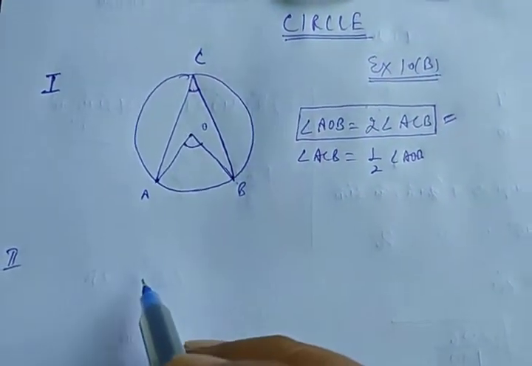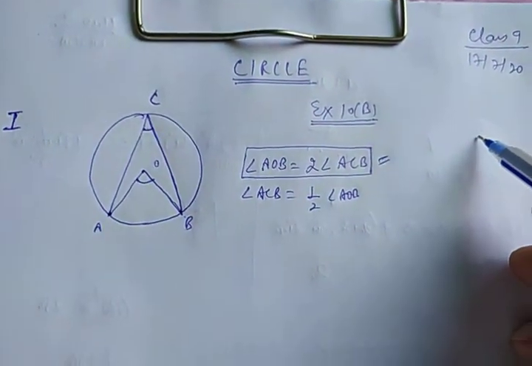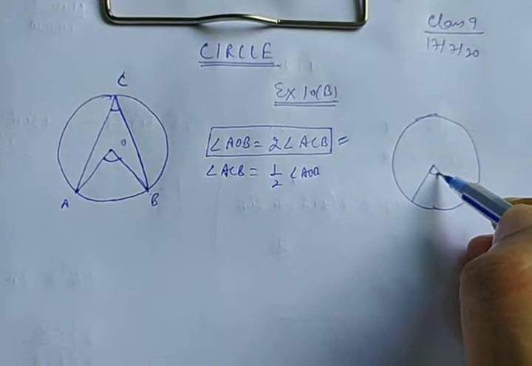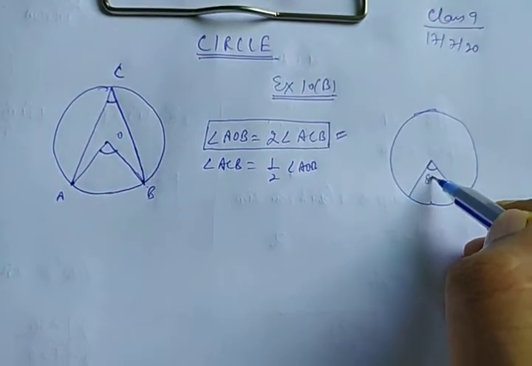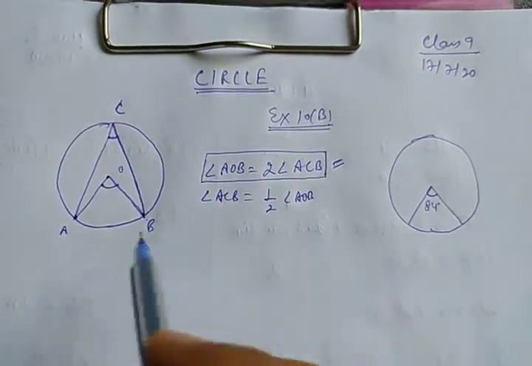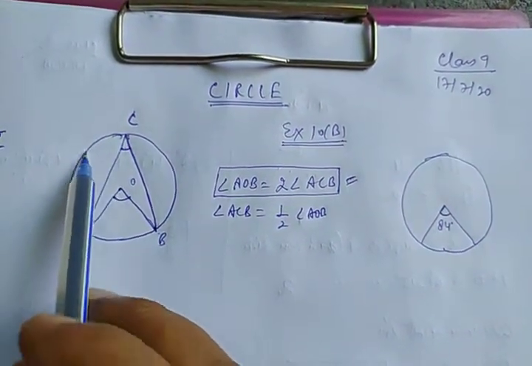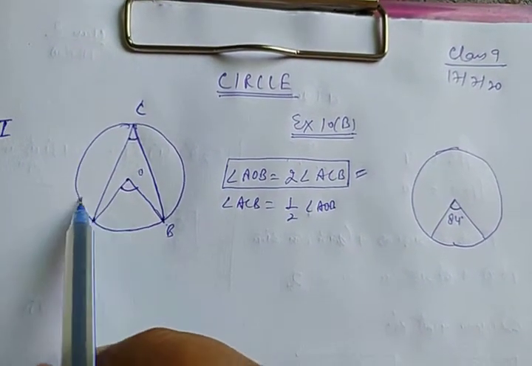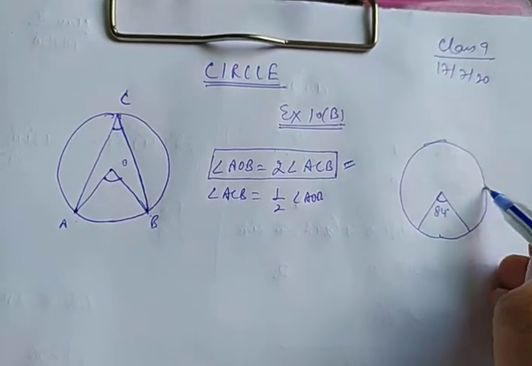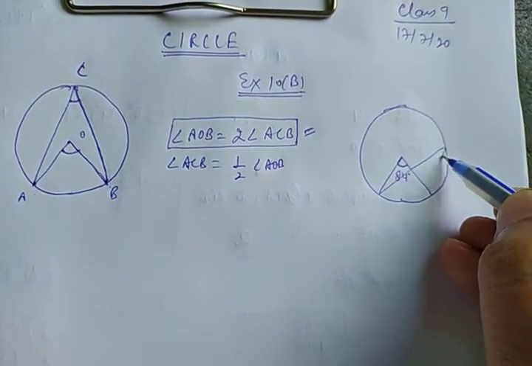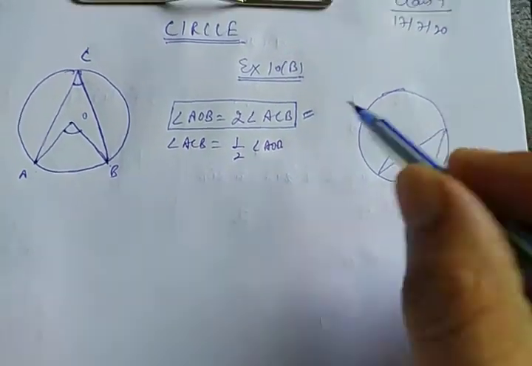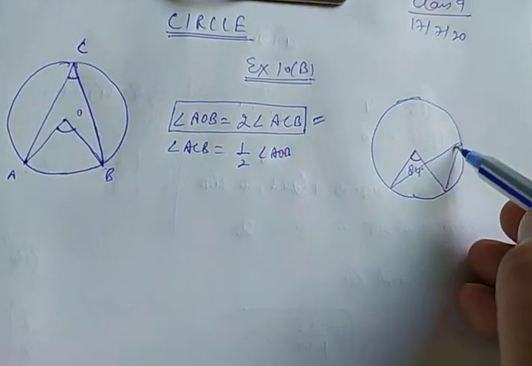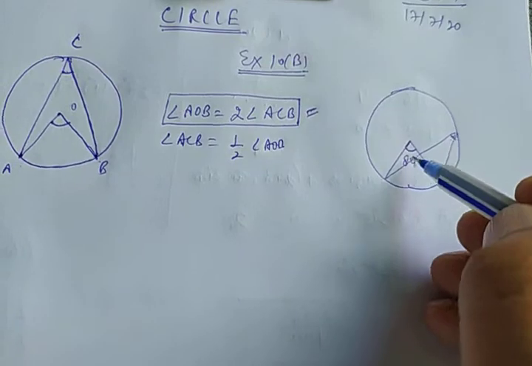Second theorem would be, for an example you can take a numerical example. Suppose this angle is 84 degree. I am taking this angle here. You can take the point anywhere in the circle except this arc AB, in the alternate segment, wherever the angle is. Suppose I am taking the angle at this side. The same theorem will be applied. At this place also this angle will be half of 84. If this angle would have been known to you, then twice of this would be this much.